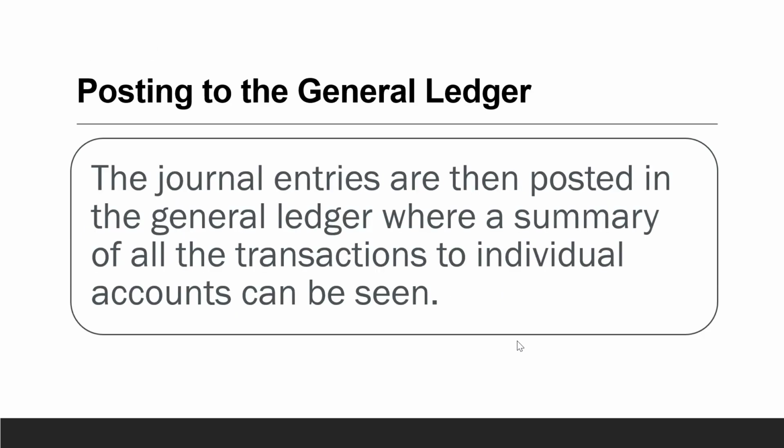Then you post them to the general ledger. Posting to the general ledger: the journal entries are then posted in the general ledger, where a summary of all the transactions to individual accounts can be seen. So we have seen that in a ledger, we can understand in a much better fashion